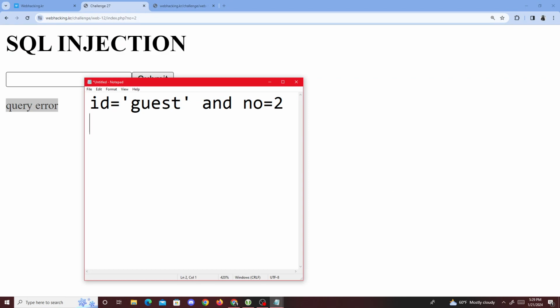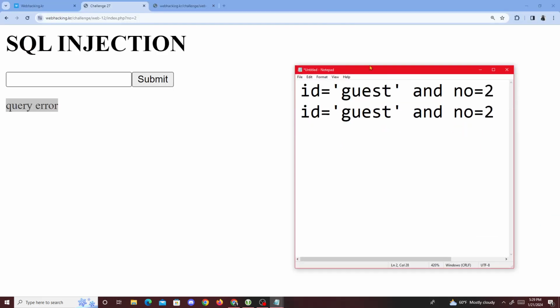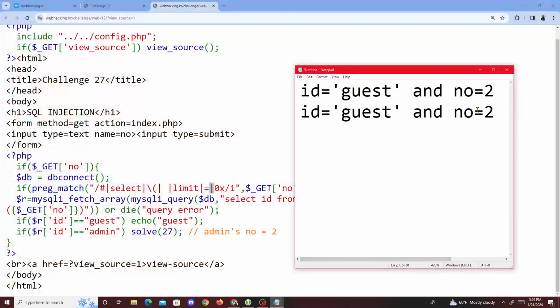So what we have to do is make something like this. It's all together because of the and statement, but what we could do is an or: id or no is equal to 2. Basically, that's all we need to do. But in our case, if we go back to our code, we see that the equal sign is being taken out. So what we have to do is probably do something like